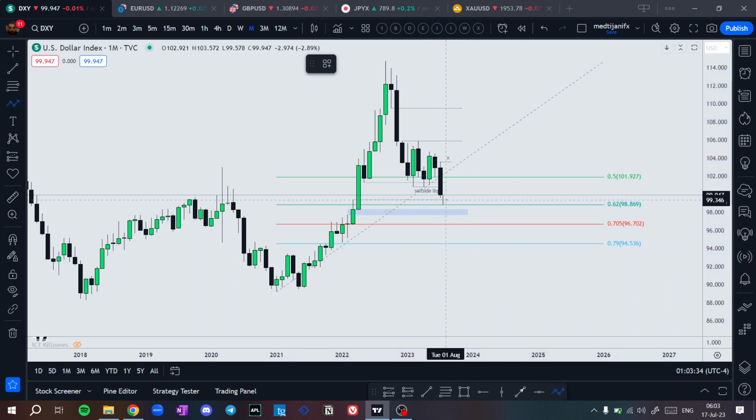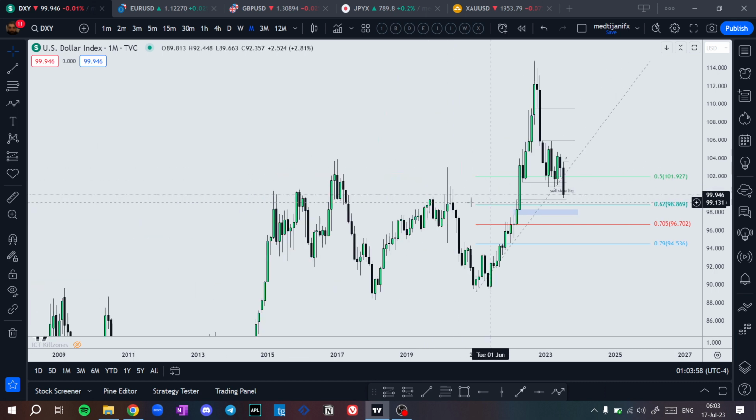And if price then wants to be bullish, I'm gonna buy, but after a daily or weekly shift in market structure. It's not that I'm gonna buy after a 1 hour shift or a 15-minute shift in market structure. I'm gonna wait for a higher time frame shift to confirm bullishness from this area. Otherwise, we see bearish,